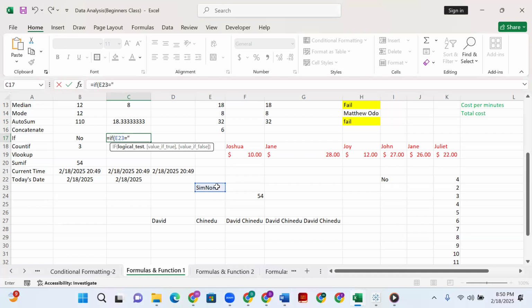If you are using a formula, if you want to type inside the formula, you must use double quotation. Double quotation shows that it is a text. For any text in any of our formulas, please remember to put double quotation. If this cell is equal to Simnum,